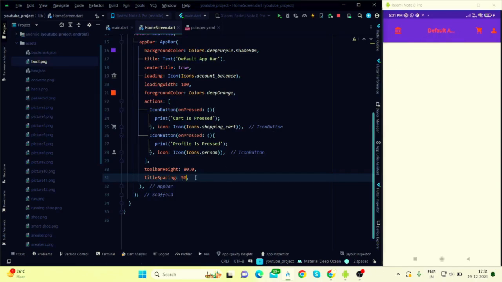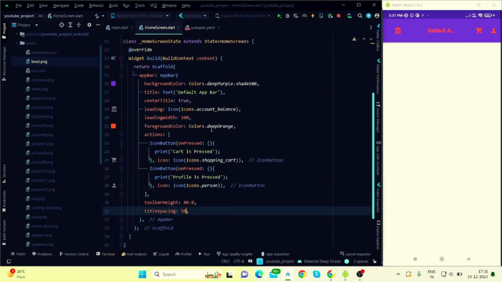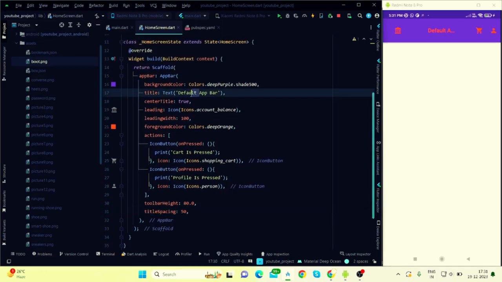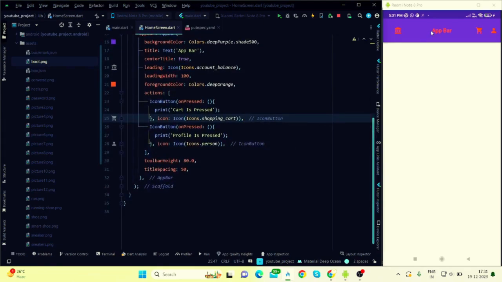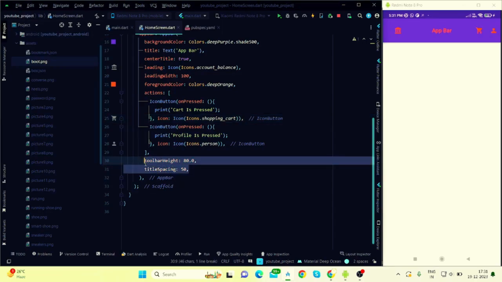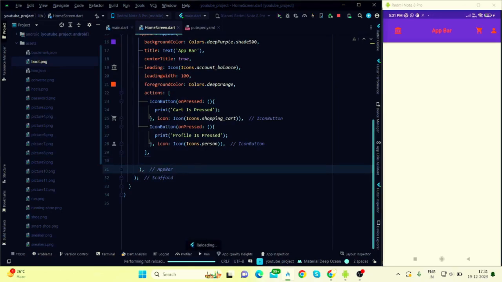So there is already a space, so let me make this text shorter, and let me save this app bar. So basically it will provide space between the icon and the title which is available. So I'm going to remove all these things. We save this, and